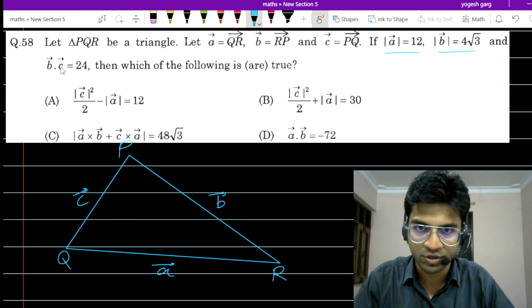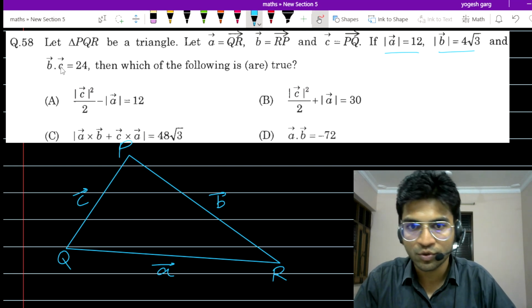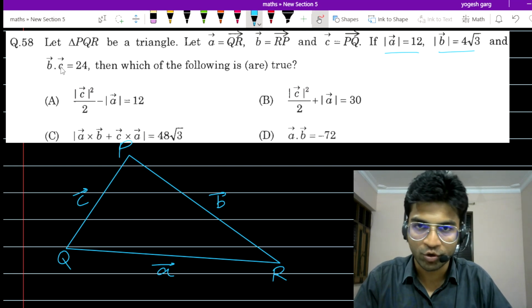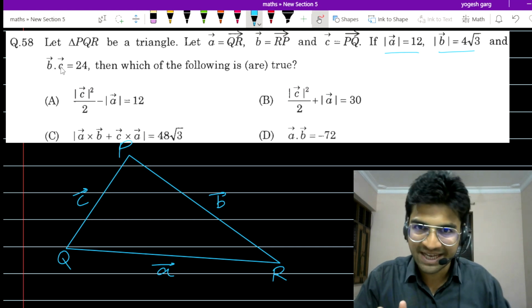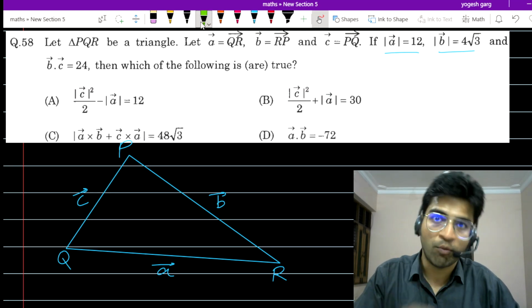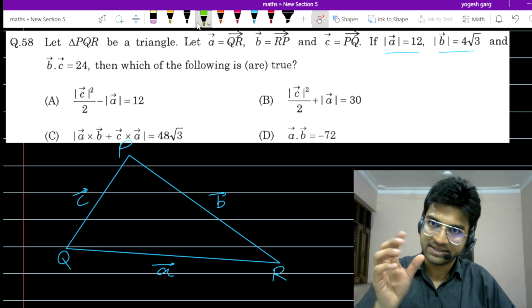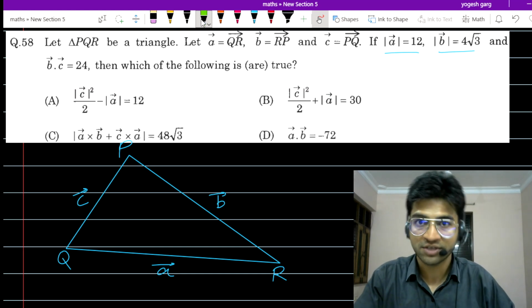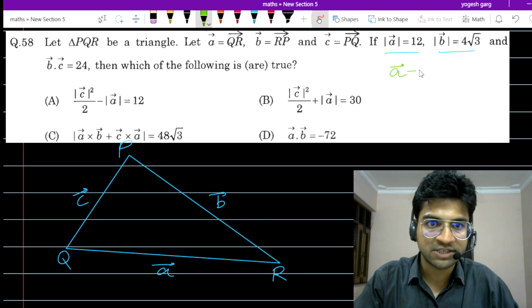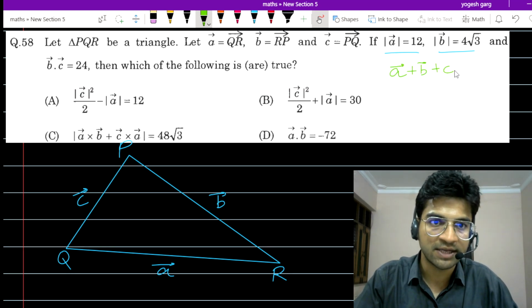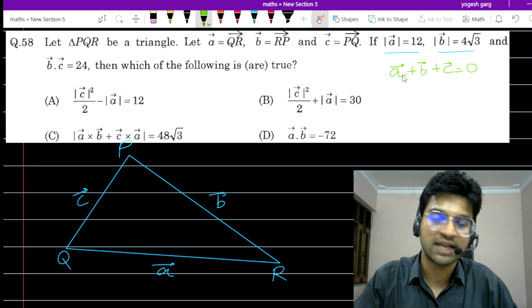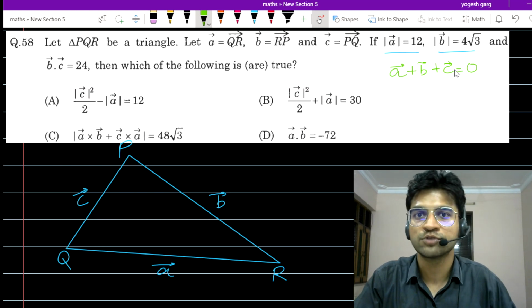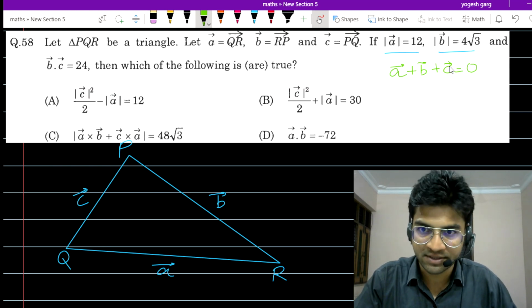So it is a more-than-one-correct question. How to go about this question? What to do? See, this is a very important thing we should know. This concept has appeared in many questions in mains examination and advanced as well. A vector plus B vector plus C vector is equal to 0. Now, if their sum is equal to 0,